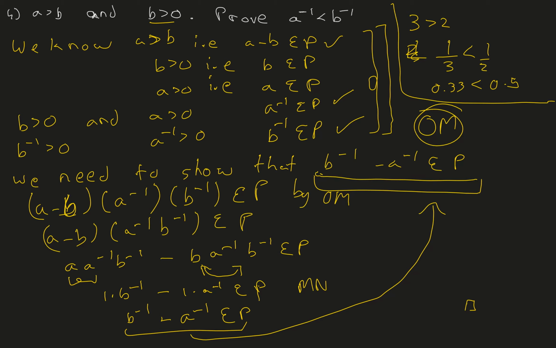So I hope you see that proofs in fields and ordered fields is just simply manipulating what we know so that we end up with something that looks like what we want to show. So I hope you guys